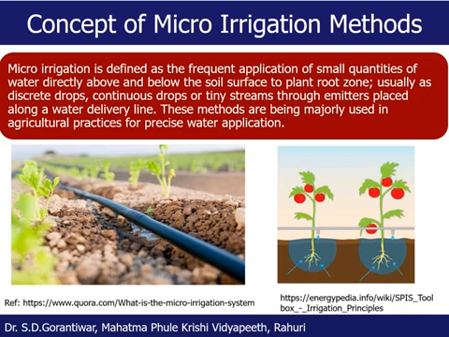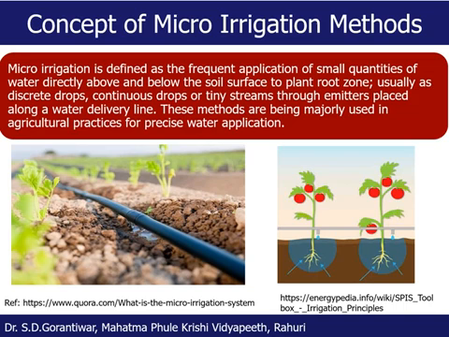So before we shift to the next part, let us again summarize this. Basically, micro irrigation methods are the methods where we can apply a very small quantity of water frequently, but before that we should also know the importance of applying water frequently. The importance of applying water frequently is to maintain the soil moisture in the root zone within the allowable range. Allowable range means from the depletion level to the field capacity, or not allowing the moisture content to drop below